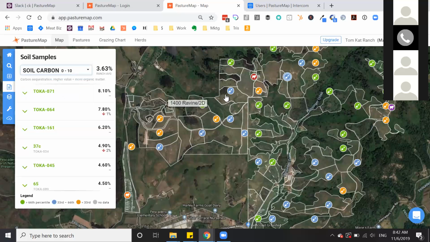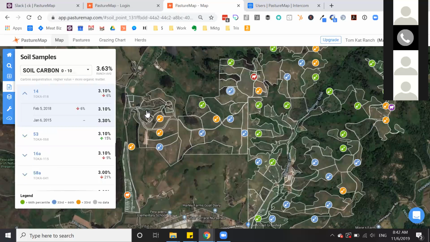I'll show you each of these points comes with a GPS point, and then it's a really simple interface of a number of years. People import to us with a script that we run in CSV format. I'm happy to share. We have a help article on how to format your data: basically the lat long, the percentage, and the date, and we just suck that in and display it like this